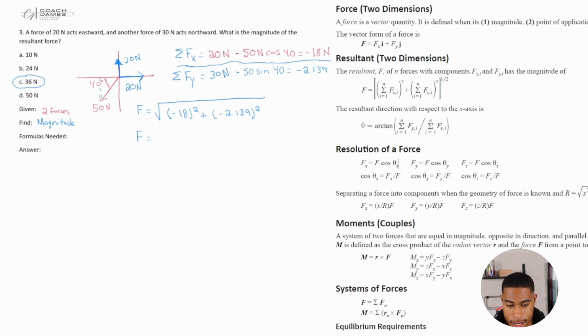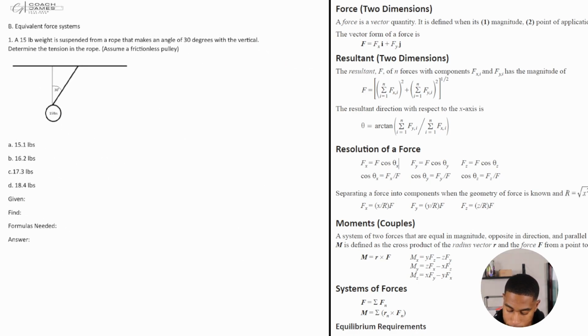We used all positive versions in most of the examples before, but I just want you to know that it is not always going to be positive. It depends on where your arrows are pointing. If your x is pointing in a negative direction, then you want to use a negative. If it's pointing in a positive direction, signage needs to be positive. All right, so that concludes this section. The next section, we're going to be looking at equivalent